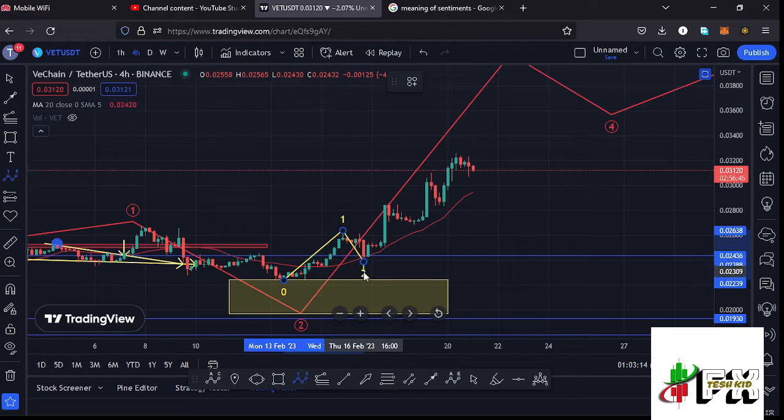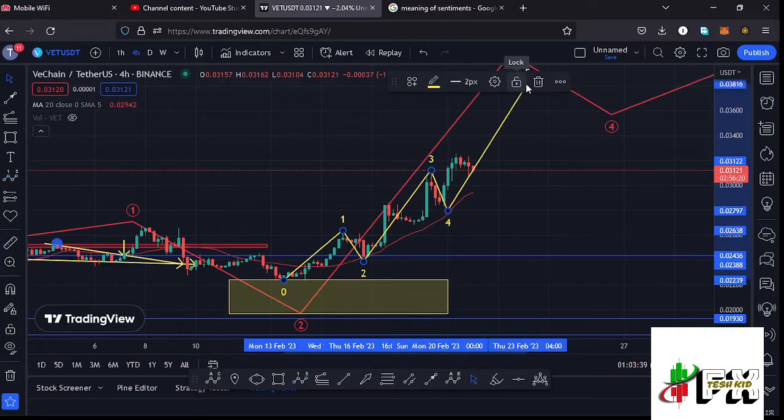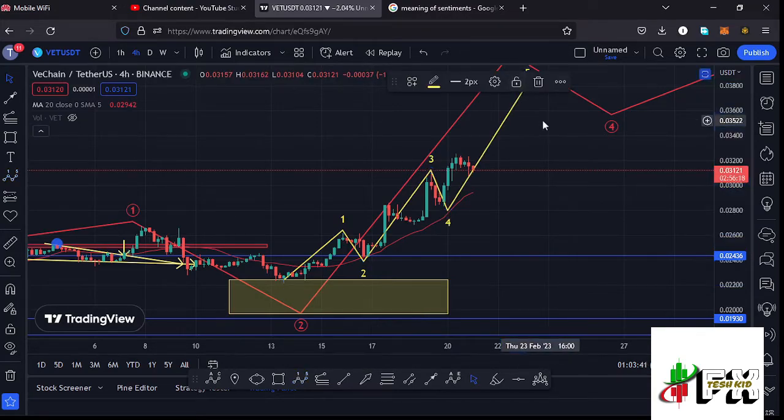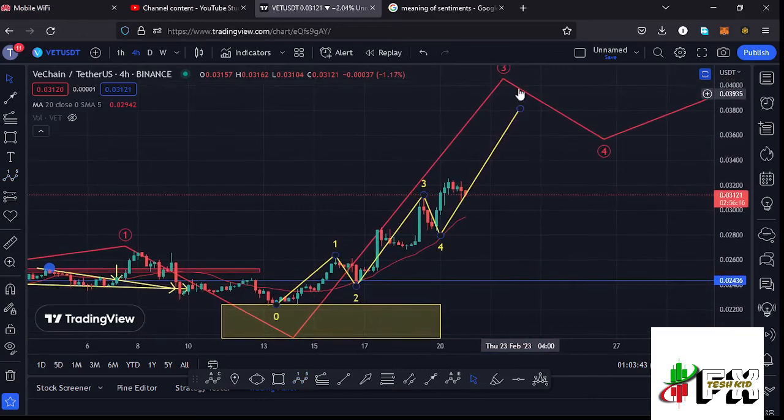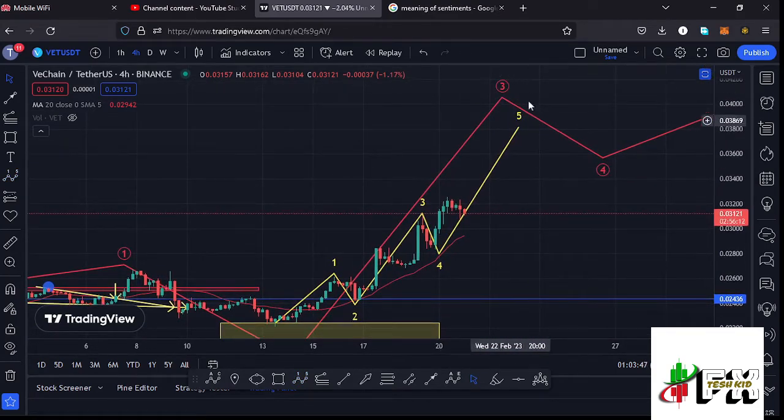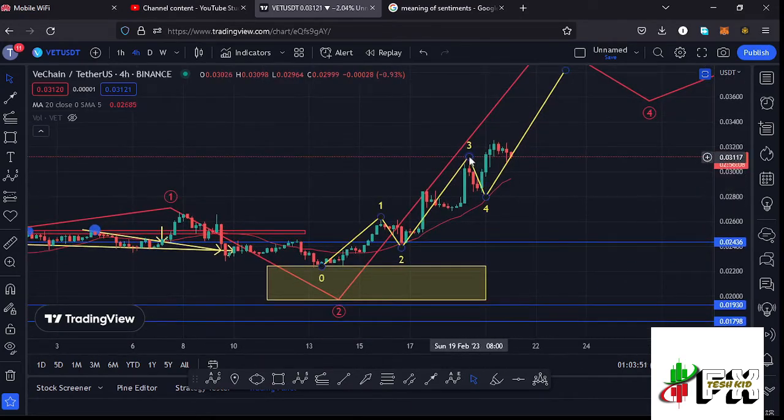Then we started this massive bounce to the upside in the formation of that wave 3, which has now peaked at around the $0.03109 mark. And after seeing the high for that wave 3, we started this corrective structure in the formation of that wave 4. And I now believe that whatever we are seeing at the moment is the start of another massive bounce to the upside in the formation of this wave 5 to fully maximize our target areas to the upside in the formation of this wave 3,